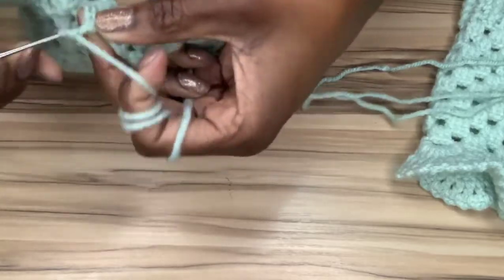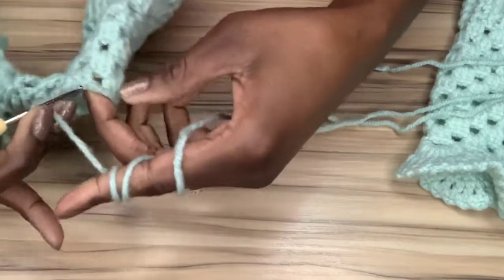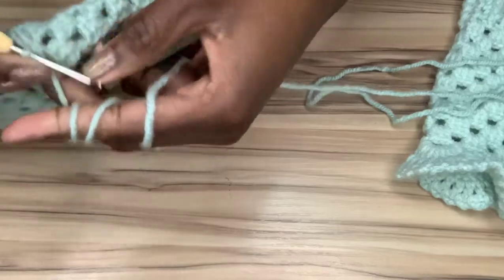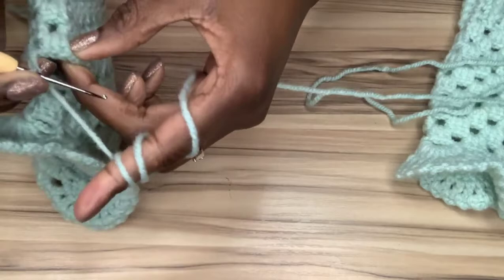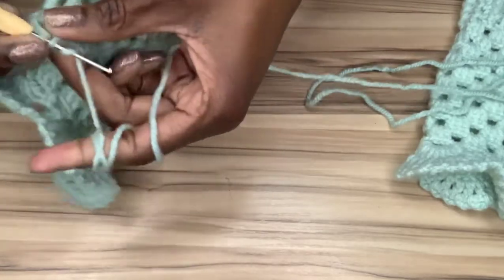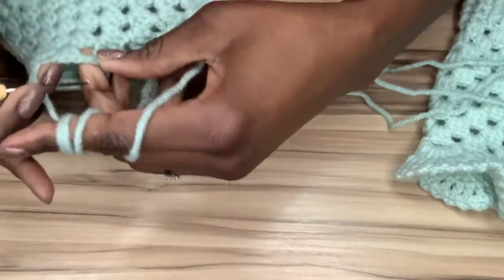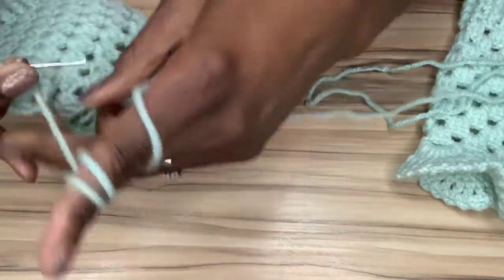We chain 4 and skip that set of mittens, and we do a single stitch all around. Chain 4, skip, this is 4, and we skip that set and do a single stitch. Chain 4, 1, 2, 3, 4, and